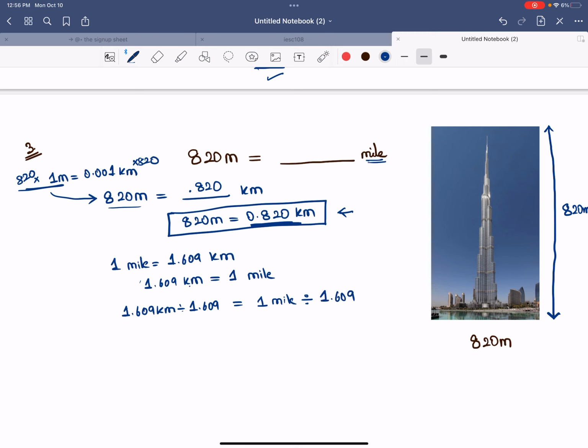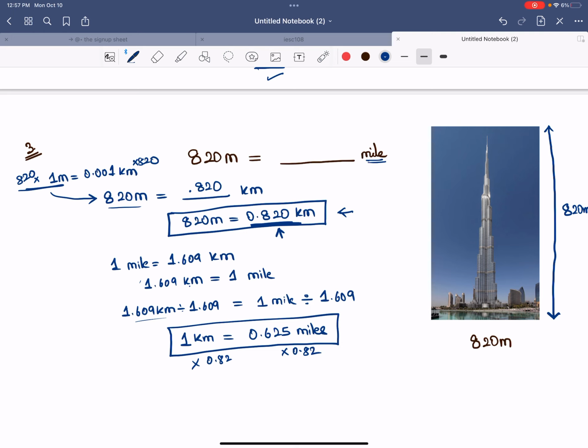If I do that on the left, I get 1 because I'm dividing the same number by itself. So 1 kilometer is equal to, on the right, 1 divided by 1.609, you get 0.625 miles. Woohoo! The second big step has been achieved. So I know how 1 kilometer is in miles, and I have these many kilometers to convert in miles. So if this is 1 kilometer, if I multiply both sides by 0.82, on the left I get